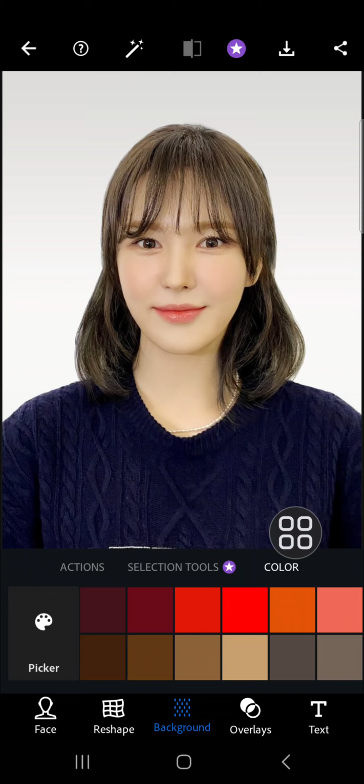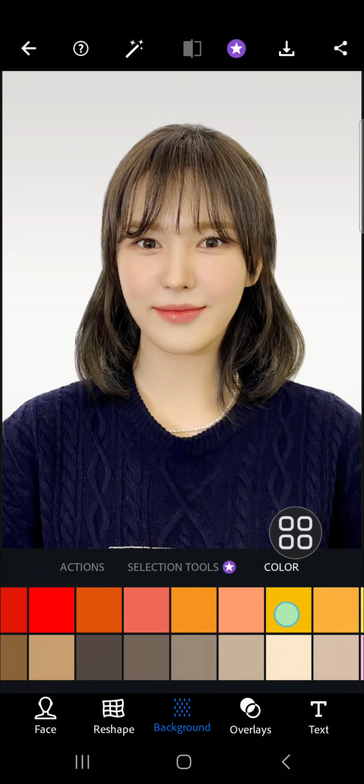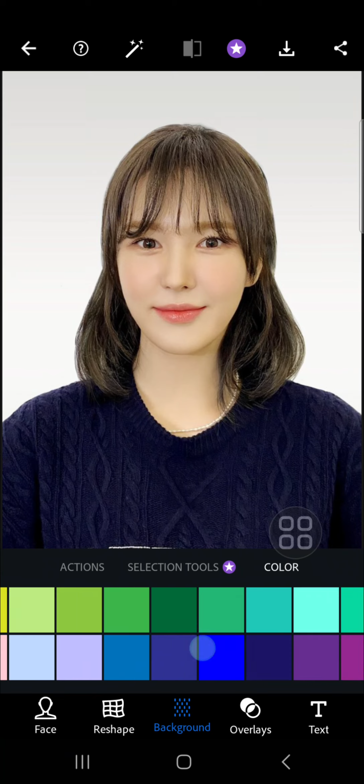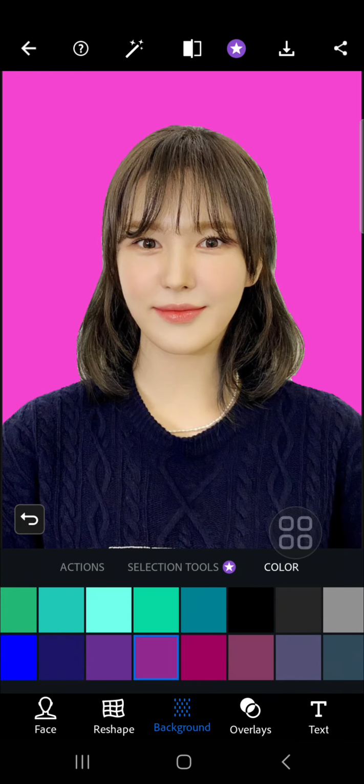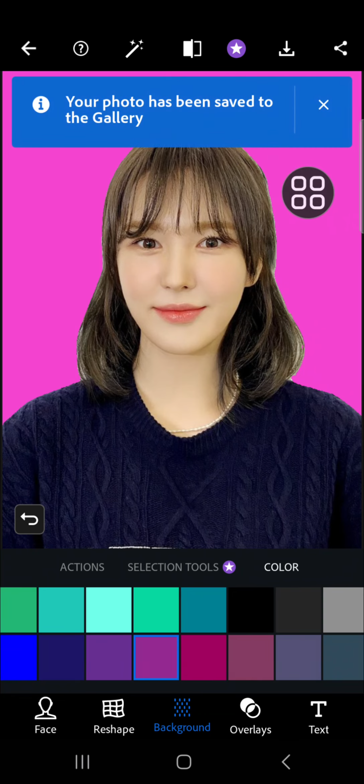apply to our photo. And I'm going to choose this purple color. Okay, now as you can see that the background color has been changed, and we just need to click on this icon to save this photo to our device. Okay, and now the photo has been saved to my gallery, and that's how we can change the background color